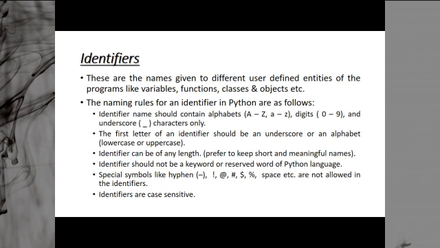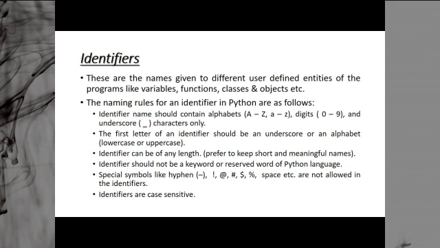But try to keep identifiers short and meaningful. That is very important. Like if I say there are 3 radii x, y, z, their names will not specify whether they are 3 numbers, 3 names, 3 radii, or 3 diameters. But if I am writing rad1, rad2, rad3, or radius1, radius2, radius3, these are short names, and they also identify that radius1 is the first radius, radius2 is the second radius, radius3 is the third radius. In this way you can have a short and meaningful name.